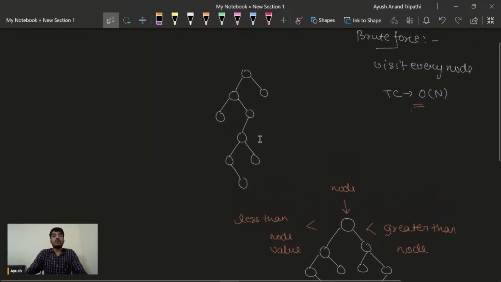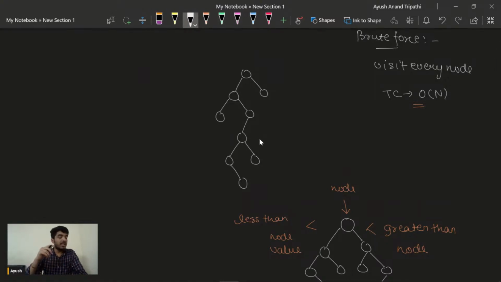Okay. All right. So for every node, now in the efficient solution, for every node, we either move to its left subtree or to its right subtree. And when we move to its left subtree and when we move to its right subtree, so if the node value is greater than,